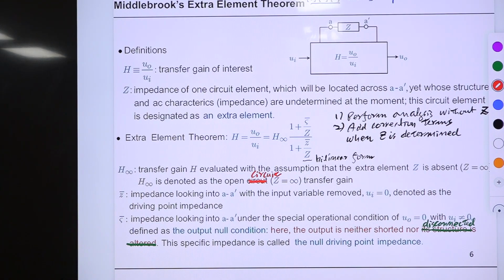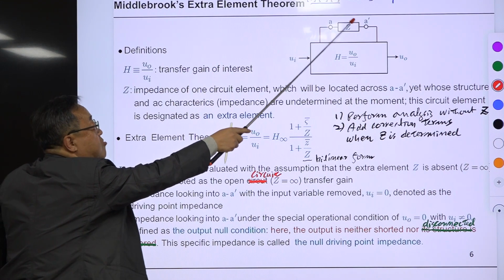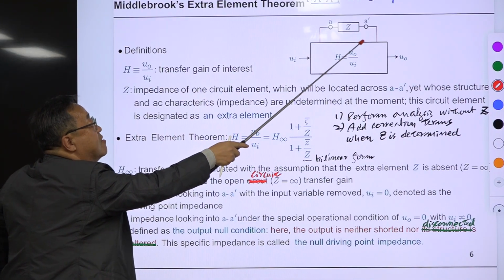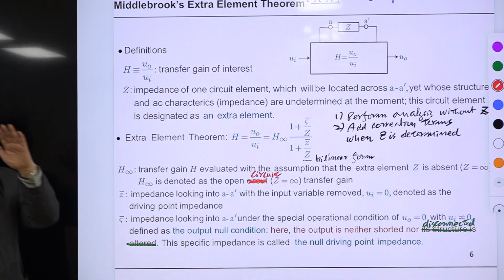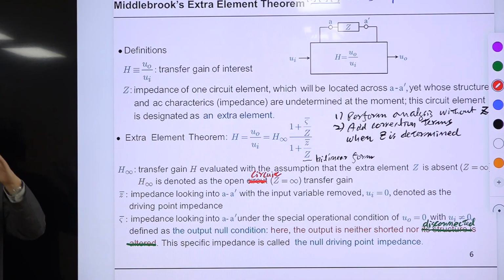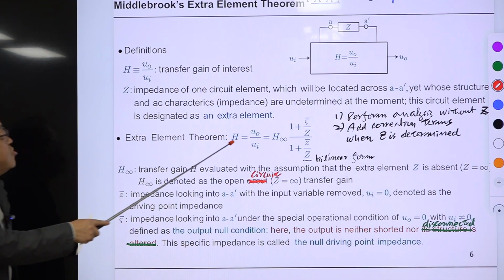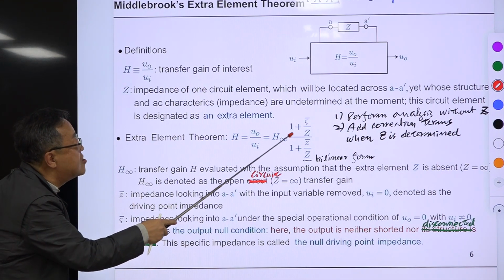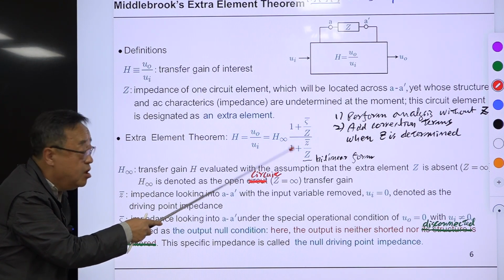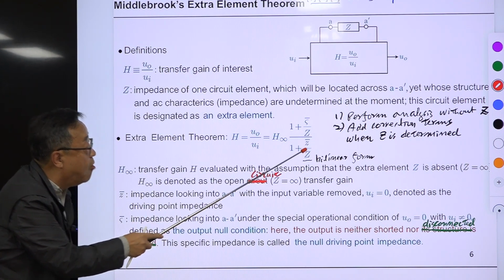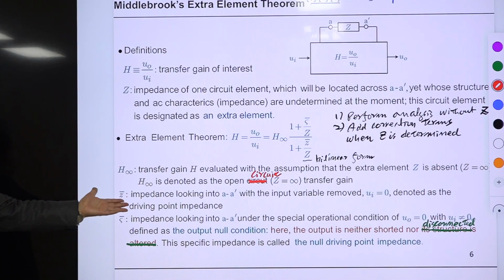So you do everything with the uncoupled converter, and later on you get information about this. Then you redo everything with this one. That is not our approach. That is the brute force method. We use this, and we add some correction factor, modification factor, which is given in this form. Exactly in this form.